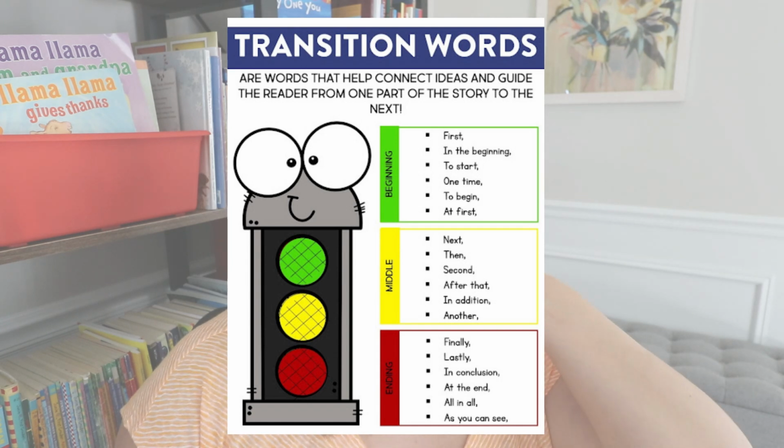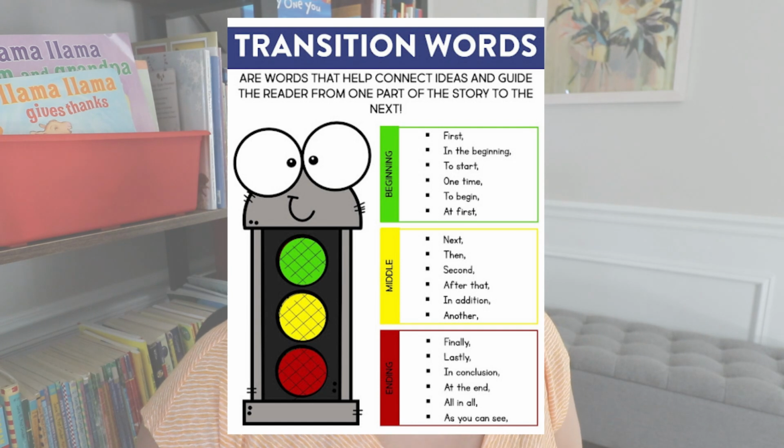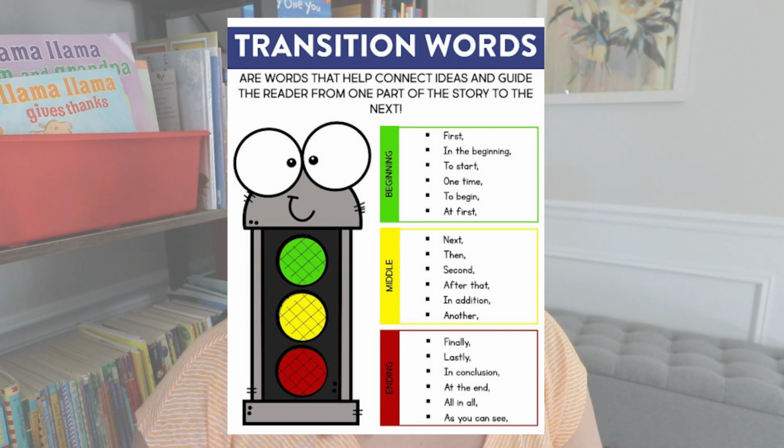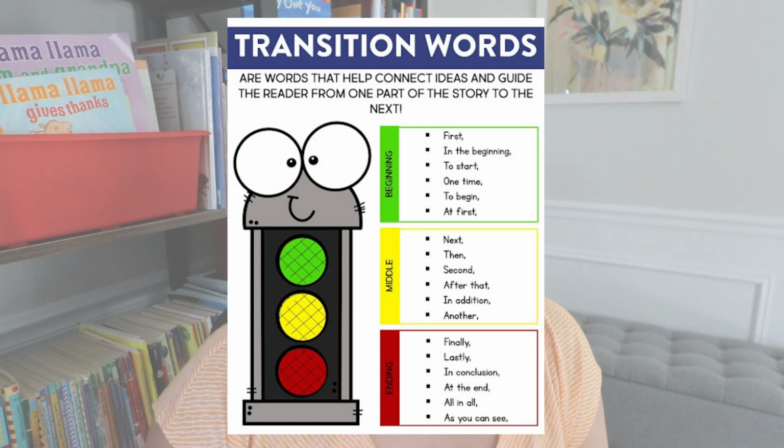Now, I also point out that on that say and sketch sheet, they did already have some transition words, but here are some more examples if they wanted to use them in the beginning, the middle, and the ends of their stories. After I show them what transition words are, I will either read a mentor text and highlight some